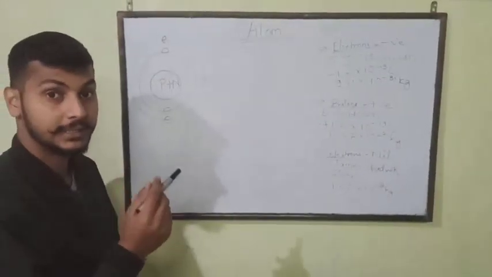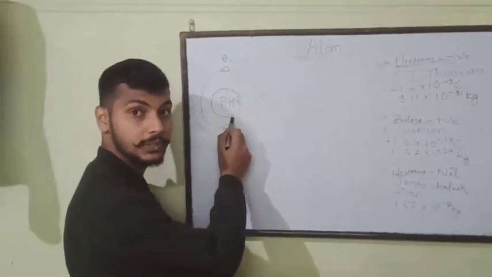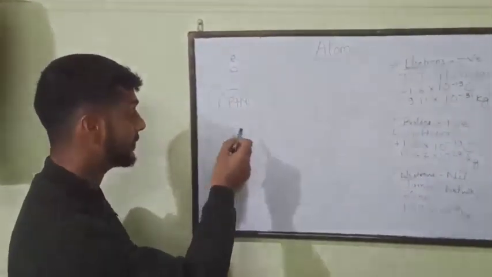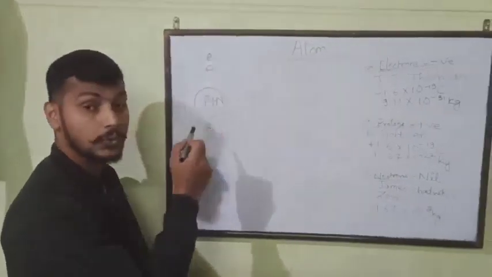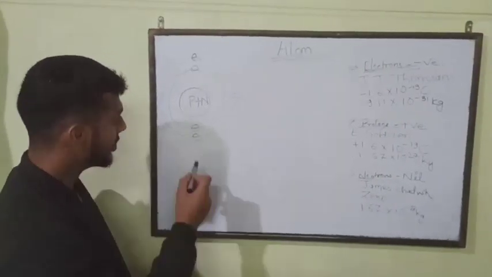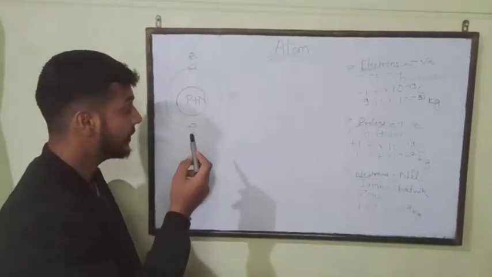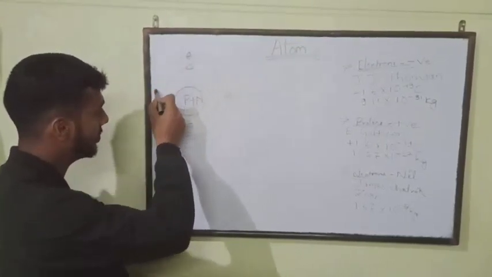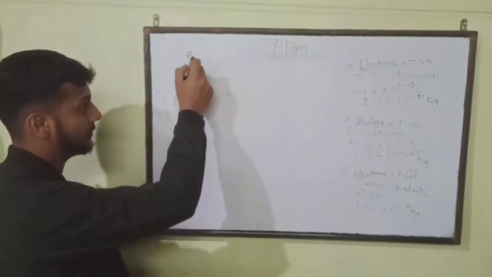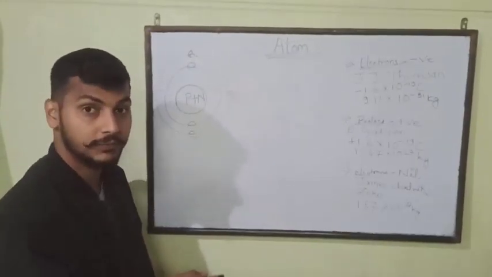That is, at the center it consists of protons and neutrons, and in its outer orbits it consists of electrons. These electrons are not sitting steady in these shells. They continuously move around like this, from here to there and again there. They are continuously revolving around the